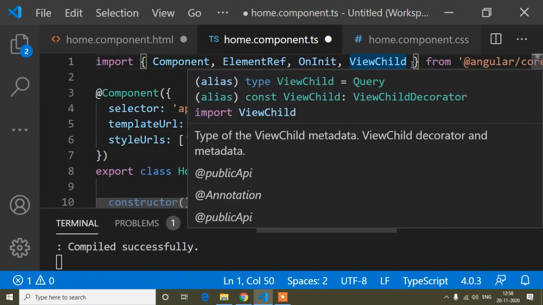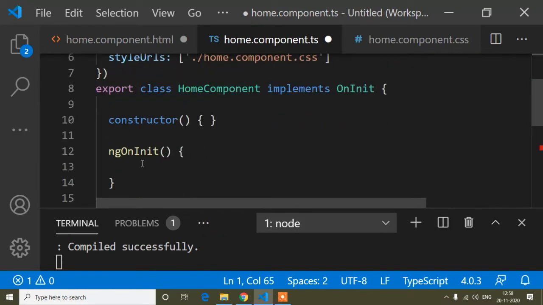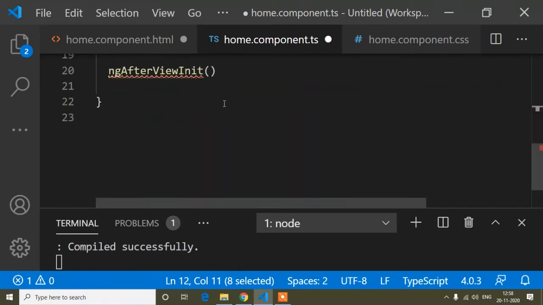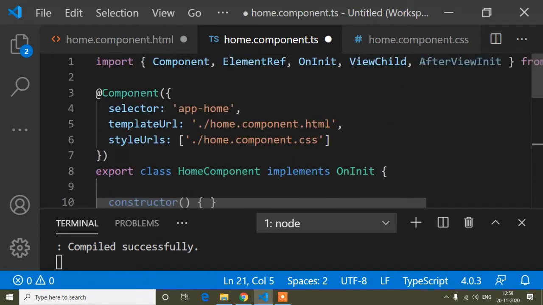So ngAfterViewInit is the lifecycle hook. It's similar to ngOnInit, which is also a lifecycle hook, but their work is different. I will explain the difference between ngOnInit and ngAfterViewInit in this tutorial also. Okay, and now you have to import AfterViewInit, and here comma and AfterViewInit.